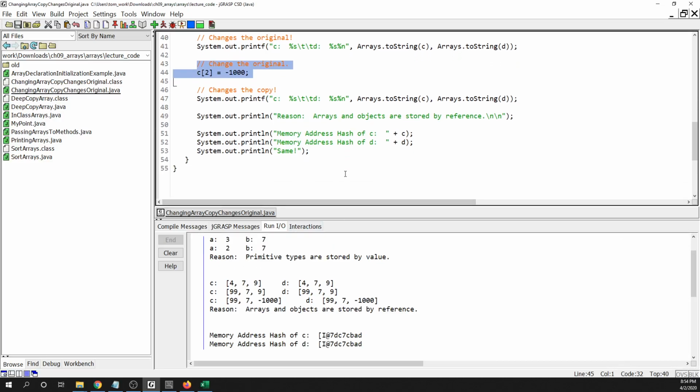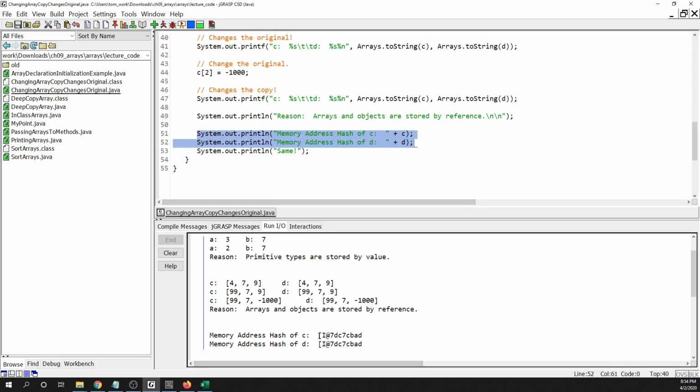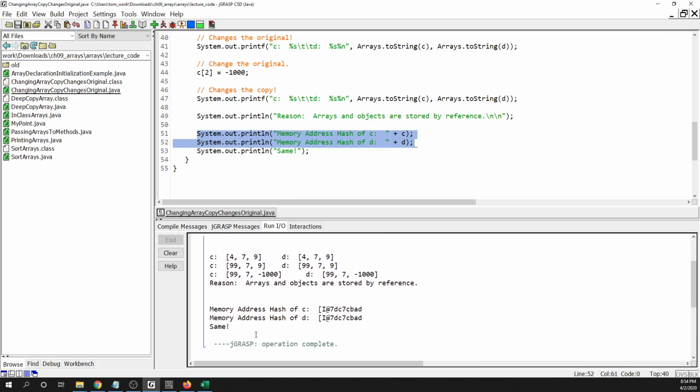So here I am just printing out the hash of the memory address of c and the hash of the memory address of d, and you can see I get identical results right here. They're exactly the same, and that's what's causing this issue. If I run it through in Canvas, Control Shift R,